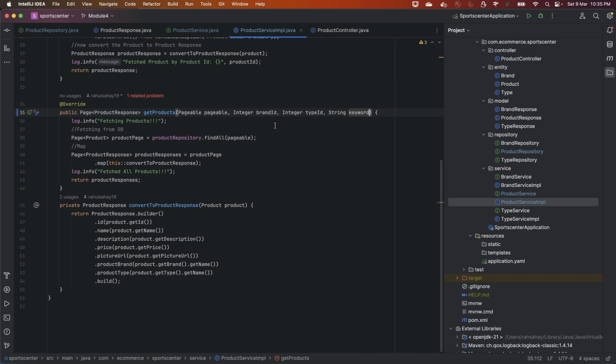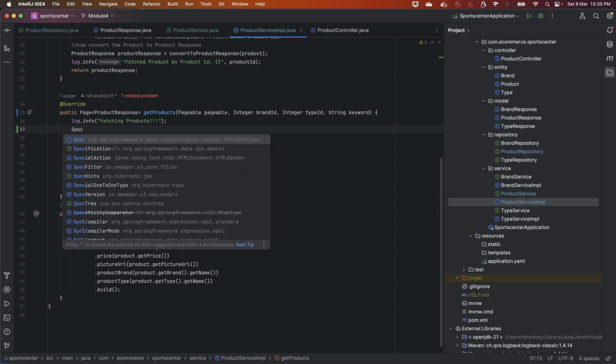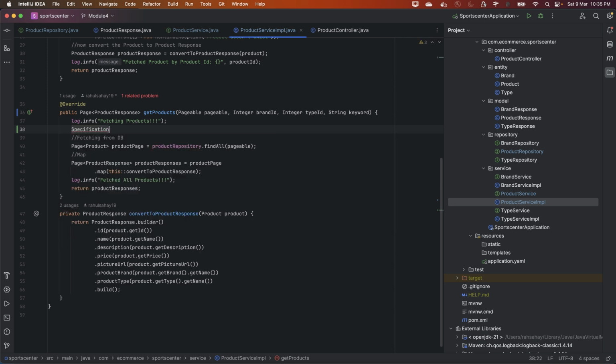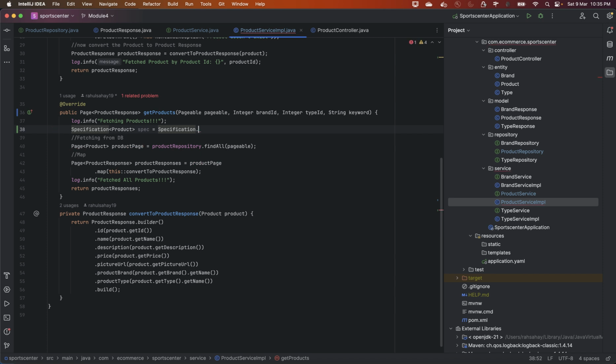Now let's start from here. What we need to do is start with a specification, a specification which we need to take care of here. Let's initialize this. Let's say this is going to be the product. We need to decide on the spec, what kind of a spec it is going to be. And let's have initially as where, let's provide this as a,